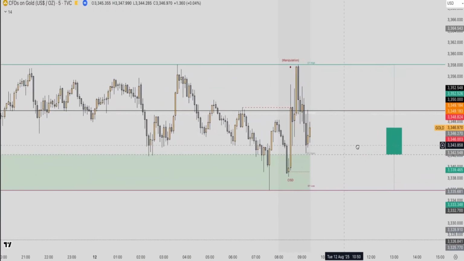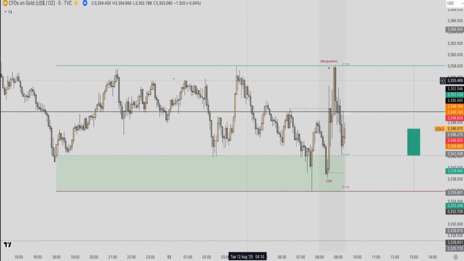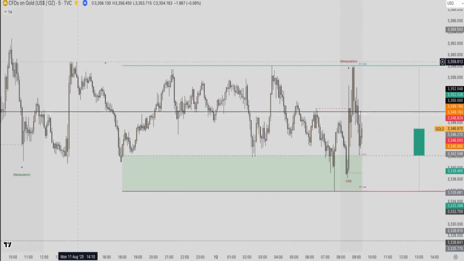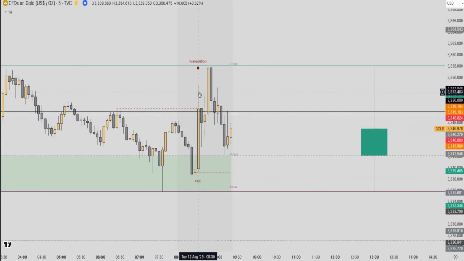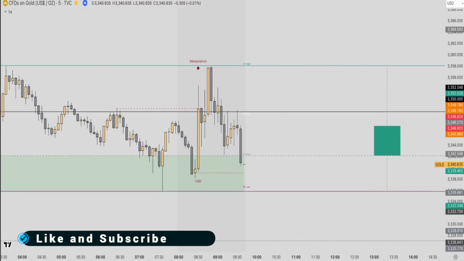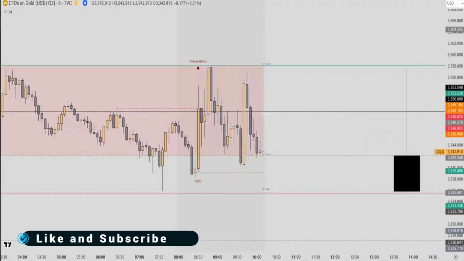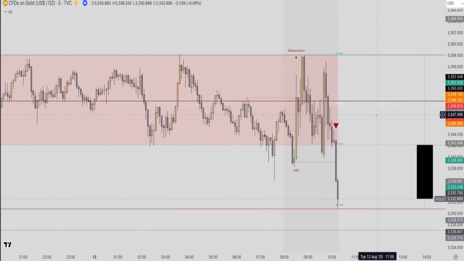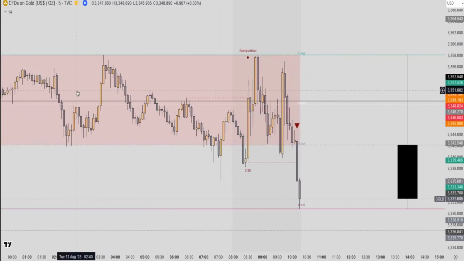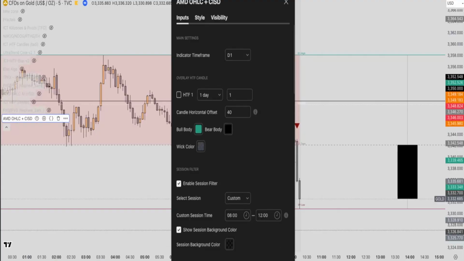All right, so look at what's going on. We got a push to the upside. I see there is a ton of relative equal highs right here. It's a big resistance at the top. I see the indicator detected a manipulation, but then it was marking this change in the state of delivery. I see nothing right there. You see price just chop, chop, chop. Now we're shifting to the downside. Look at this. The indicator from here, this is pretty bad. And unfortunately, because it is an indicator, at the end of the day,